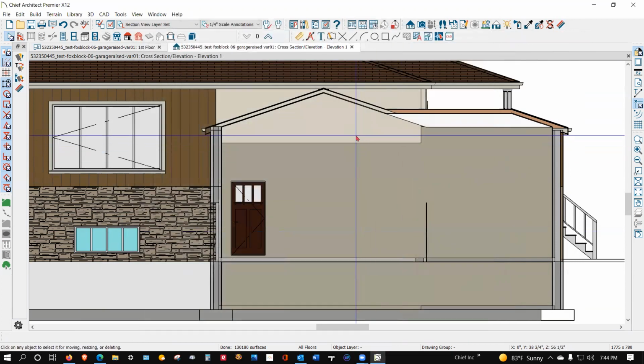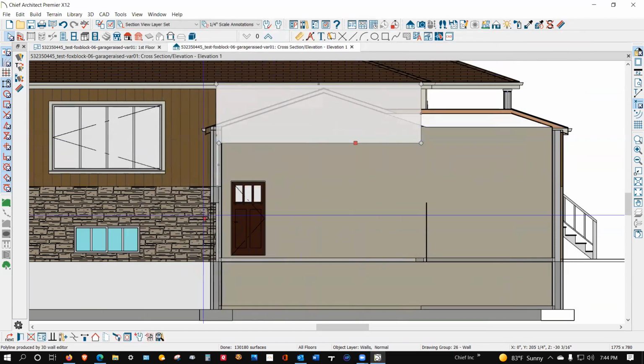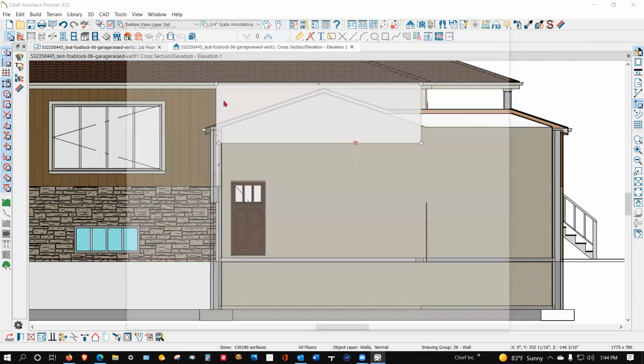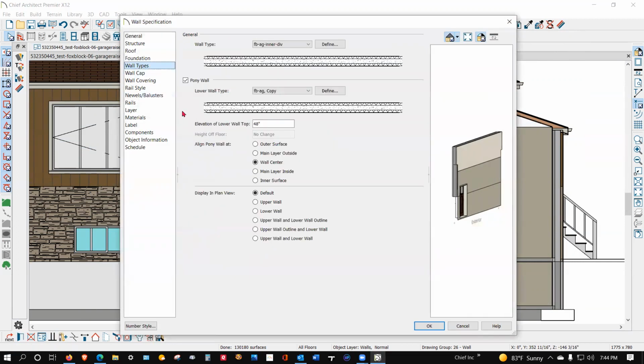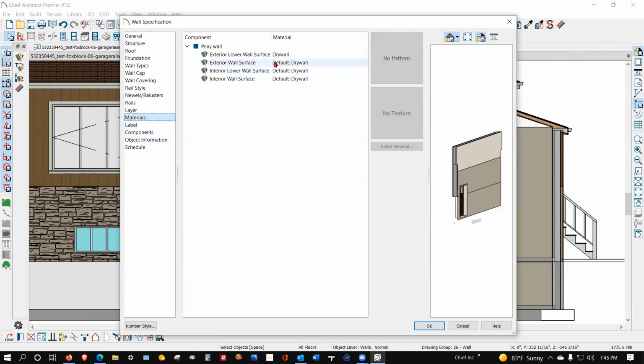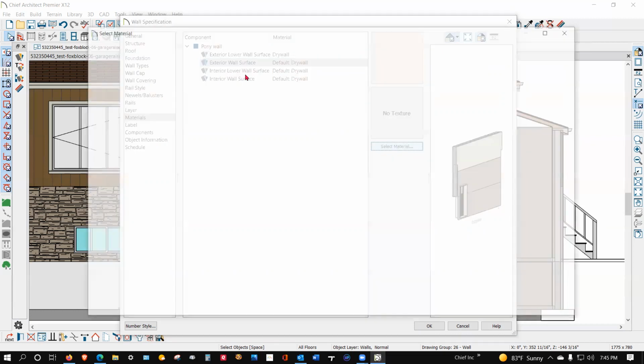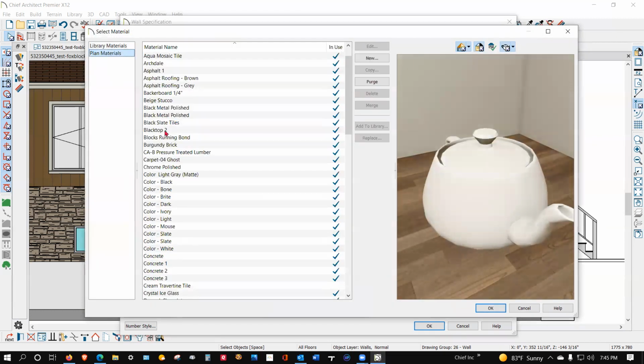Okay. I'll take this upper wall polyline, this one. Yeah, and we'll go to the materials tab, exterior, lower exterior wall, lower wall. I think this is the one. We'll go to plan materials and get,